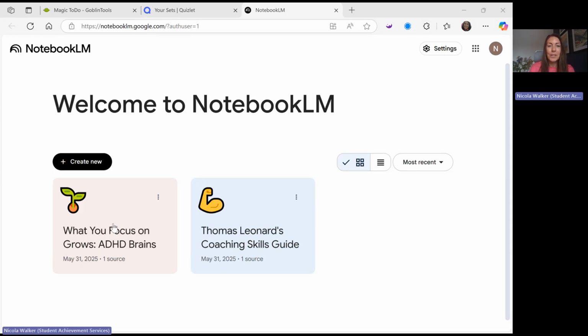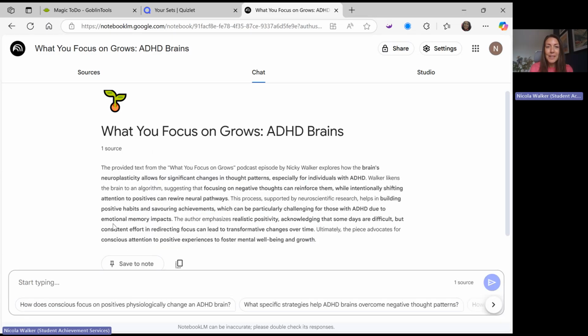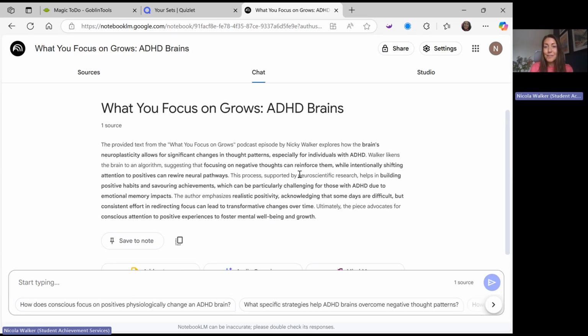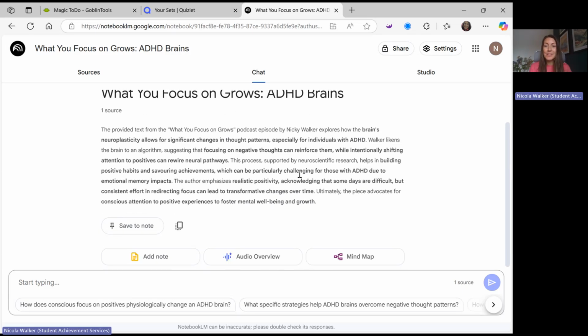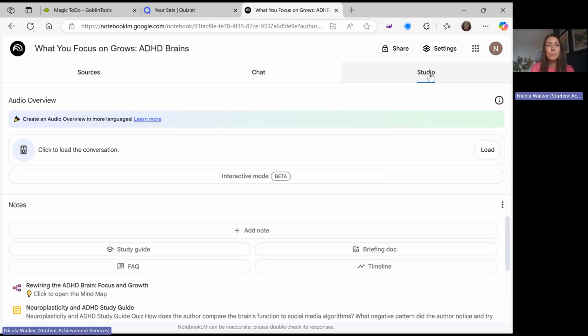So let's have a look at what it can do. Once you've popped it in, it will do kind of a little abstract. You can create from all of that reading, it will synthesize it, and you can create a mind map with that, which I'll show you in a moment. But the most important bit, and I think the most exciting part, is when you go to Studio at the top here on the right. If you press Studio,